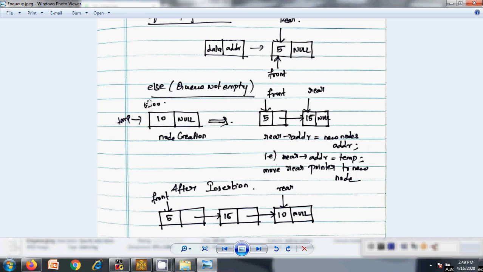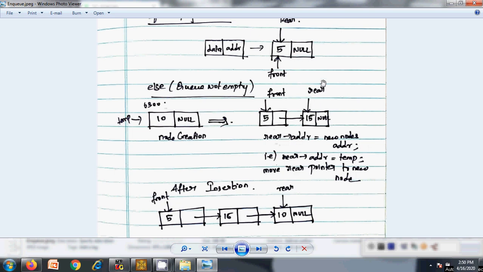Look at this, the newly created node, and this is the already existing rear node. What needs to be done is, you want to copy the address of this newly created node. Let's take 6300. That needs to be copied in the place of null, so that this node will point to 10, right? And this address part is already assigned with the value of null, so this becomes the last element in the queue, right? And you want to do one more thing. What needs to be done? You want to move the rear pointer to 10, so that this is nothing but the last element in the queue.